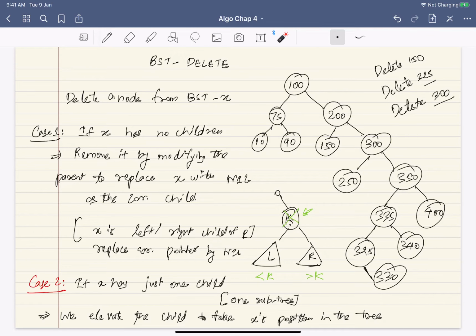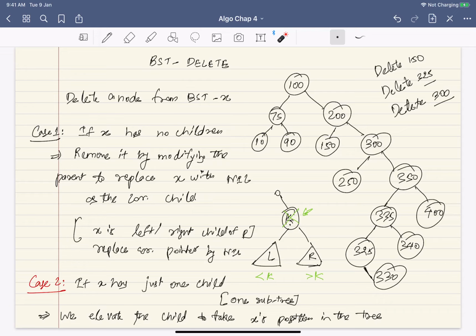Because in this case both subtrees are there, the successor will lie in the right subtree, the minimum value of the right subtree. So suppose I find the successor and put it in this place. Okay, I am done, and that is the idea. I have to find the successor of k and put it in the position of k, and I don't make any other change. Okay, interesting.